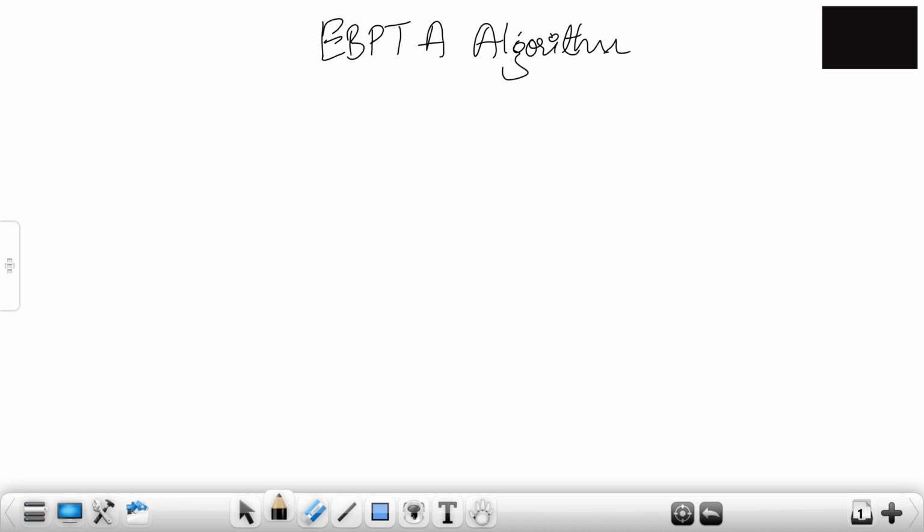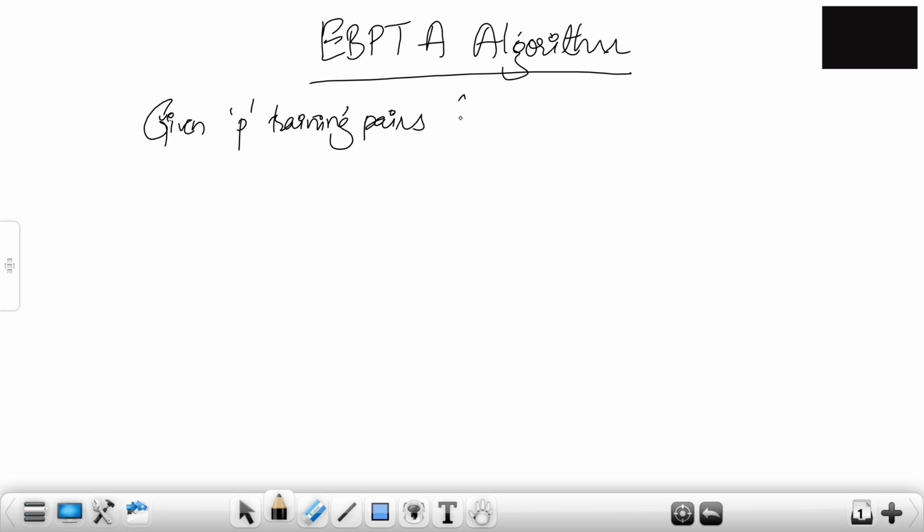Okay, so what we have over here is, given P training pairs, let's say Z1 comma D1, then Z2 comma D2, and so on, ZP comma DP. These are training pairs, that is the input set and the desired set.